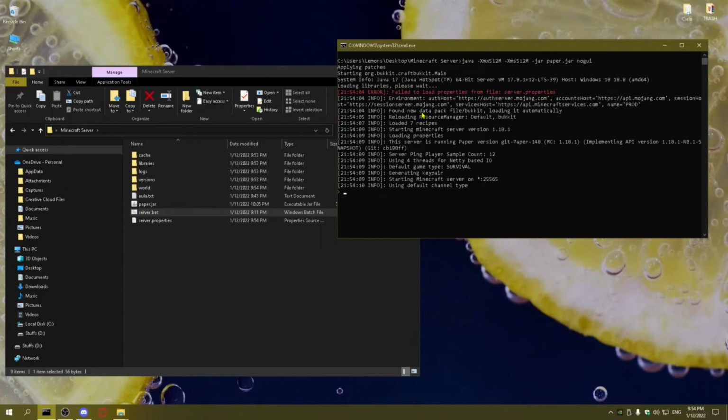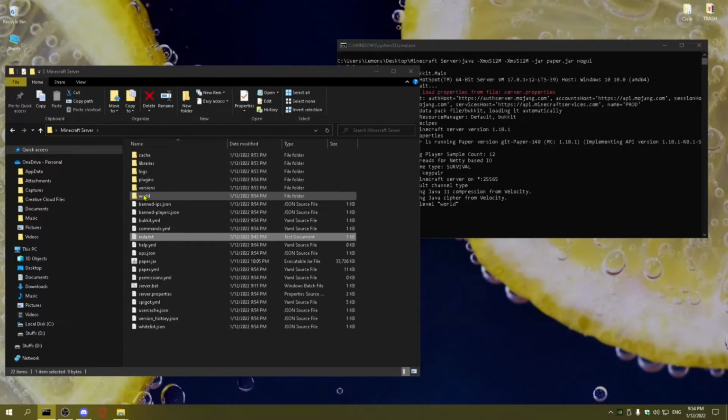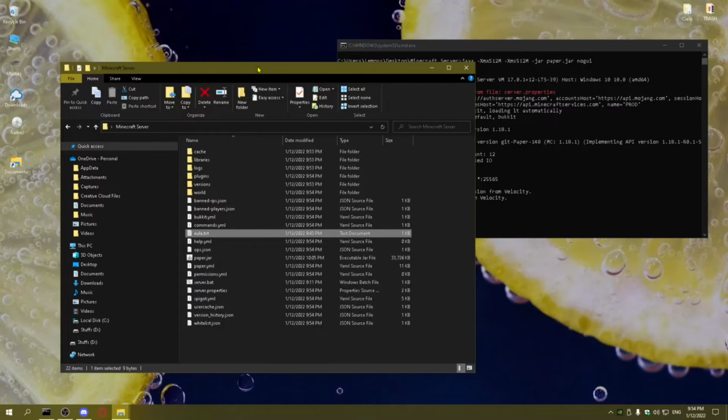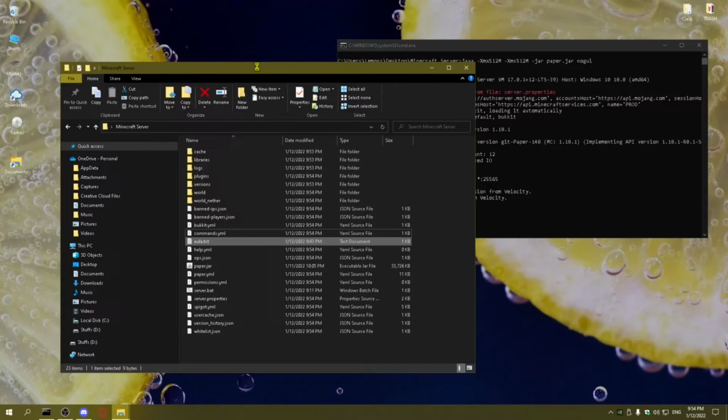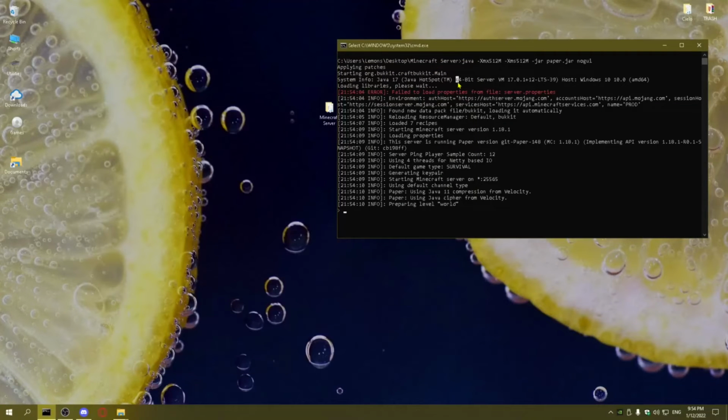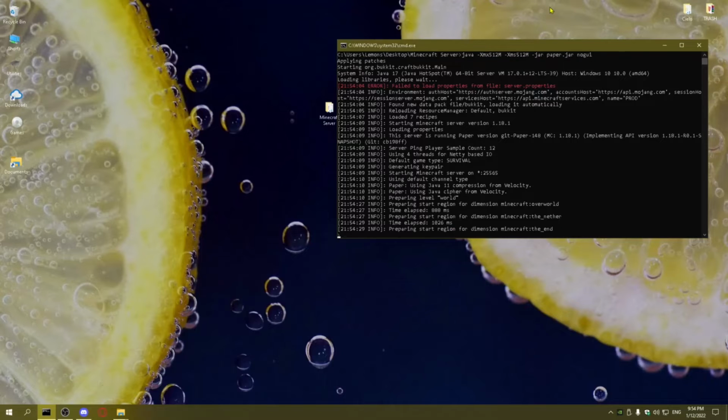If it's not running, make sure you have eula.txt, make sure you have the paper.jar that you downloaded from the website, and make sure you have Java installed. That's a big one. If your server is not running, that means your Java is not installed, or something's wrong with your Java. I will be free to help anyone out in the comments. But,